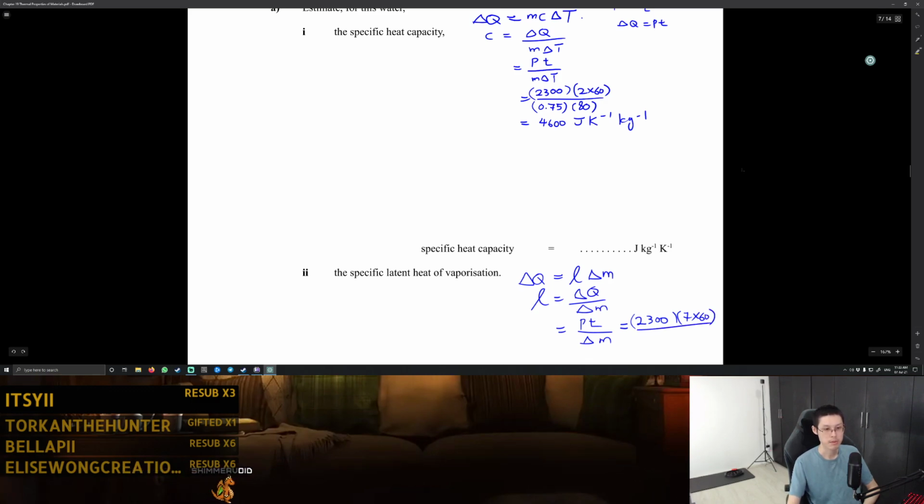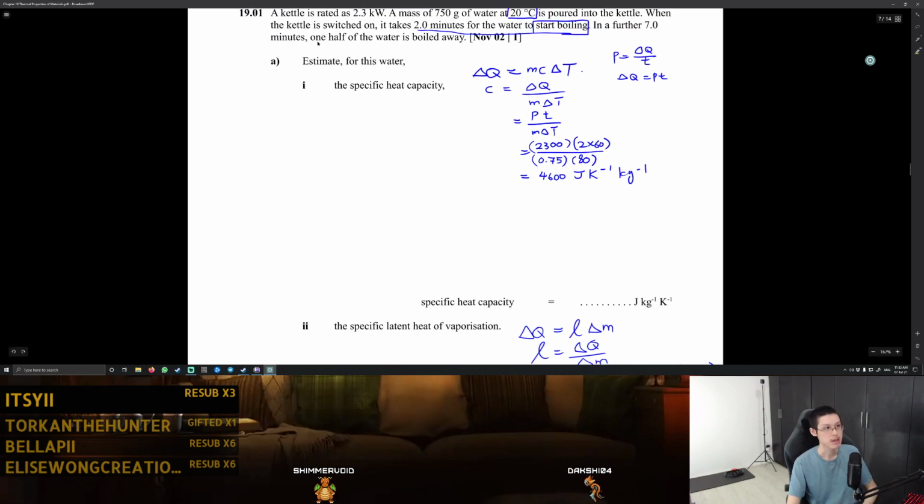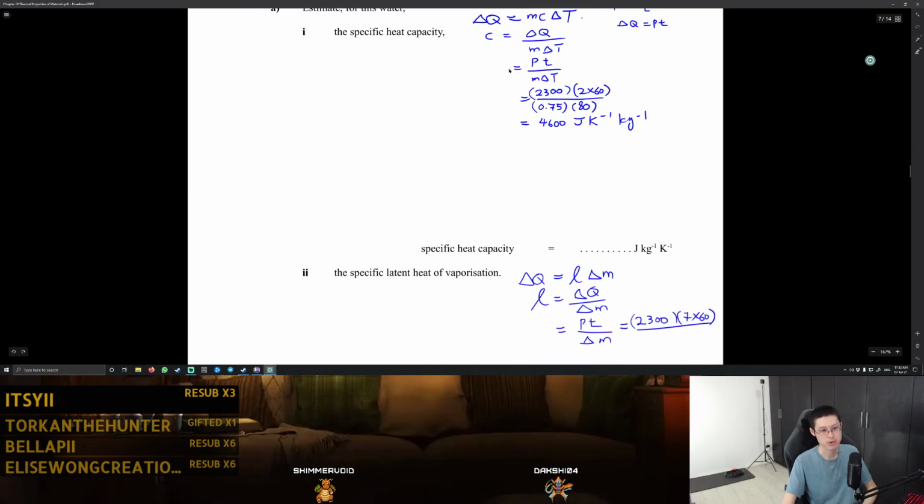And then delta M is the change in the mass of the substance, or you can think of it as the amount of water that is boiled away in 7 minutes. So if you look at this, it says 1/2 the water is boiled away. So 750 grams divided by 2 is 375 grams. So putting that into the calculator, times 7 times 60 divided by 0.375, we get